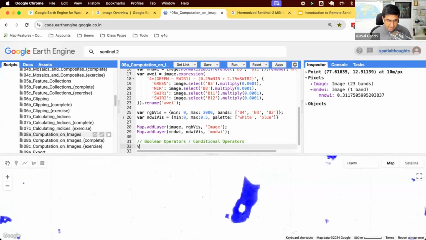So let's say I want to detect water from this NDWI. We can say I have this MNDWI image. I want to apply a condition saying that any pixel greater than a certain value is water, lower than that is not water. The conditional operators take the form of this. They are EQ for equal, GT for greater, LT for less than, GTE for greater than or equal to, and so on. So if I say this condition